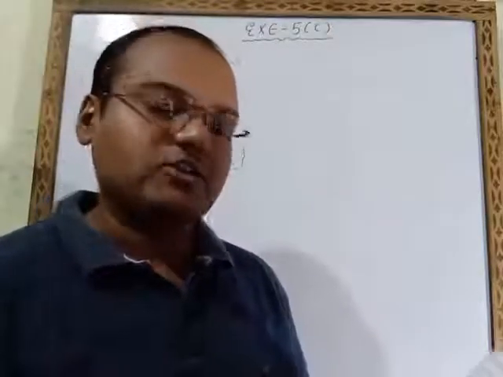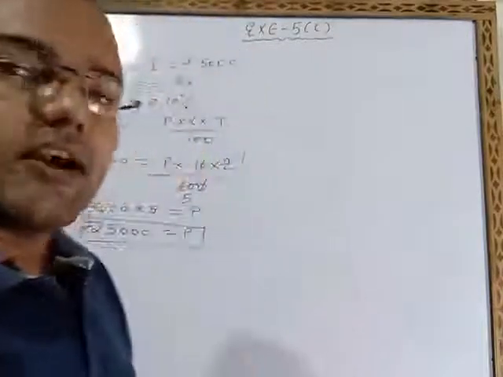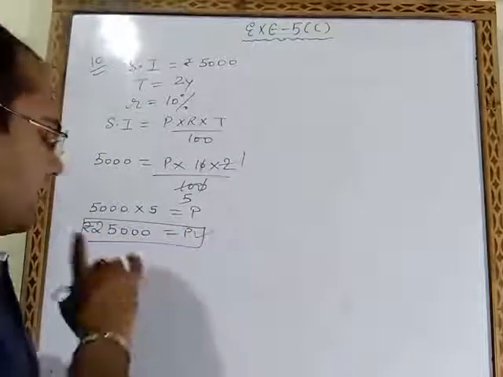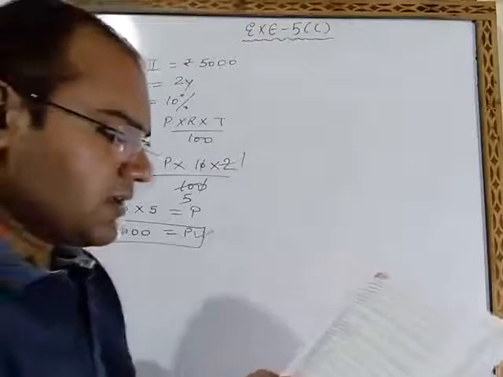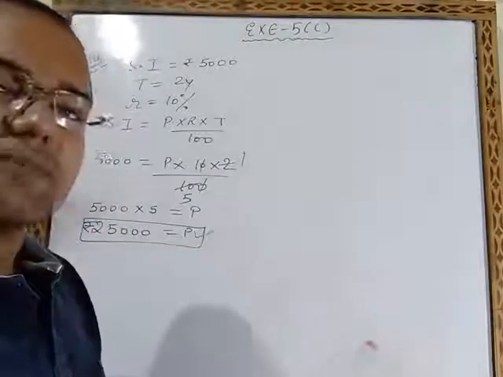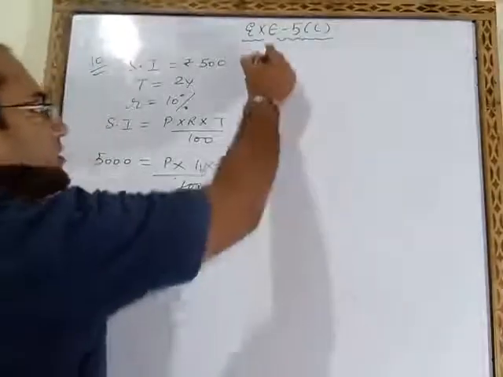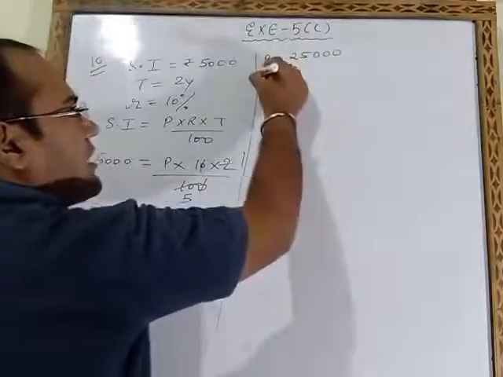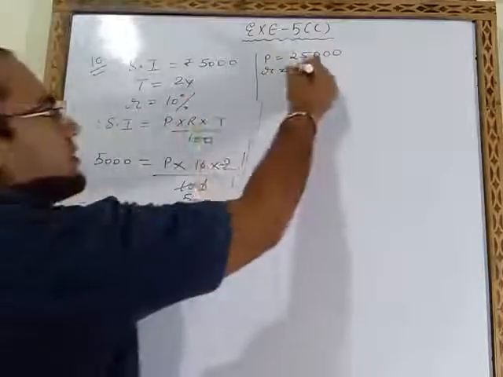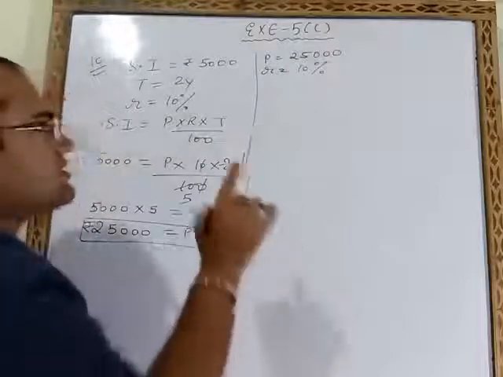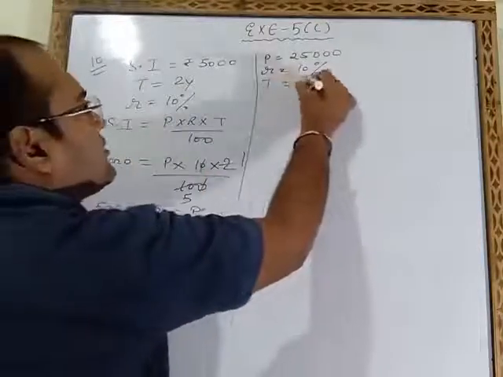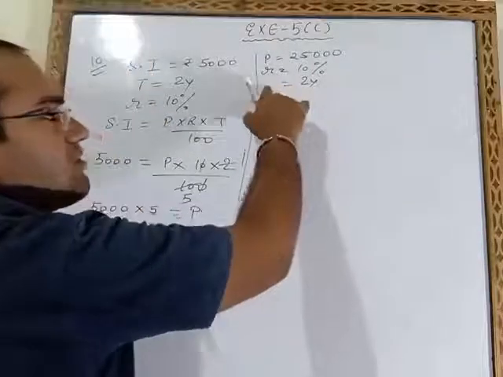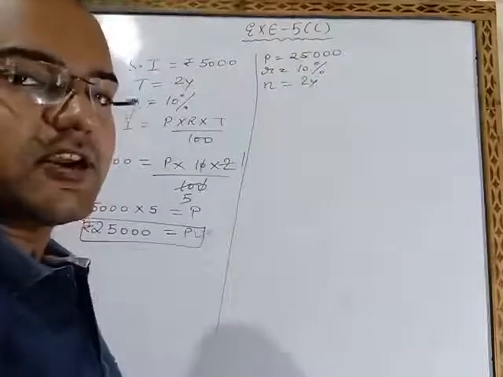Find the compound interest on the same sum. Now you have to find compound interest on the same sum. मतलब principal आपको क्या लेना है, 25,000 ही लेना है. Same rate for the same period. Same rate same period means principal you have to take 25,000. rate वही लेना है जो पहले था 10%. same period means टाइम भी आपको वही लेना है जो आपको गिवन था. और फाइंड क्या करना है, कंपाउंड इंटरेस्ट. तो कंपाउंड इंटरेस्ट में टाइम जो होता है वो हम n से रिप्रेजेंट करते हैं.